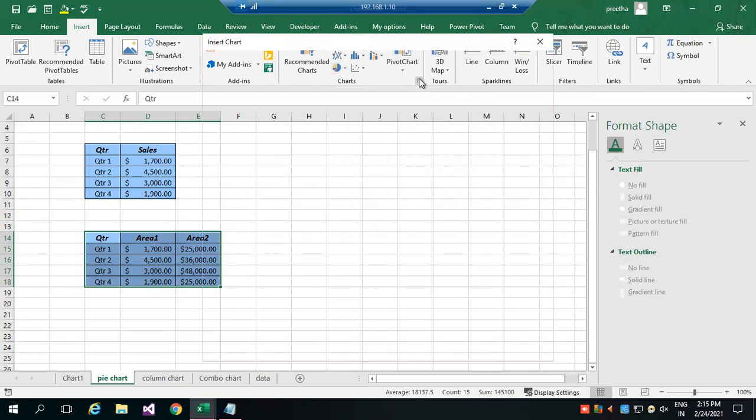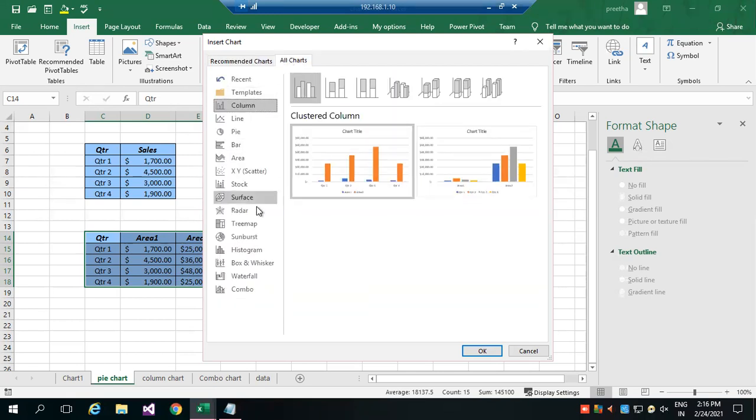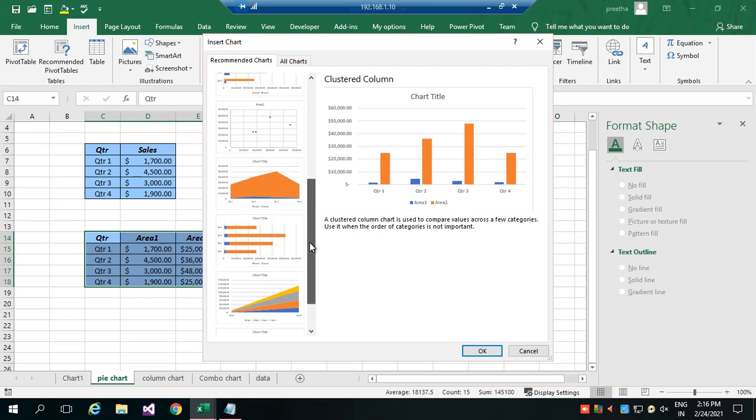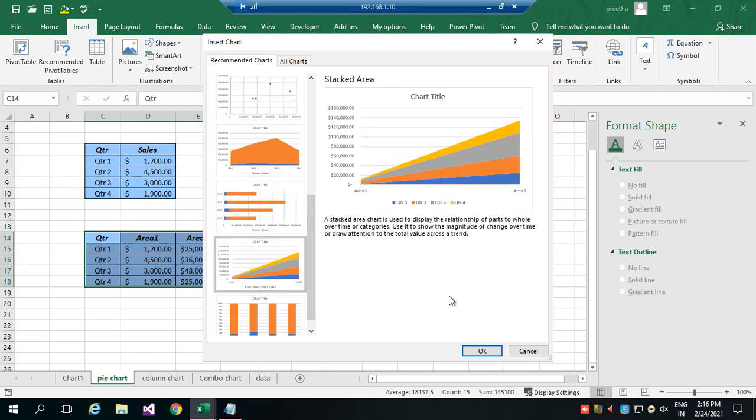Or else I can go for, so always Excel will recommend the chart in this way. So you can select how, if you are following, or if you like to have the same, you can select it, or you can decide by yourself. So always the recommended chart list will come. This is the suggestion given by Excel. So if you like any of this, you can go for that.